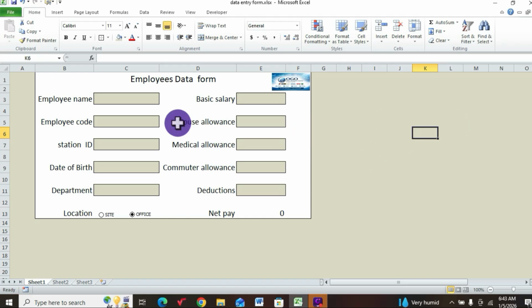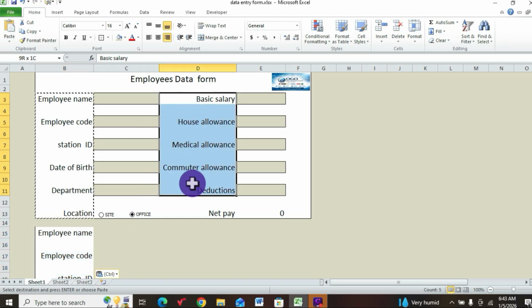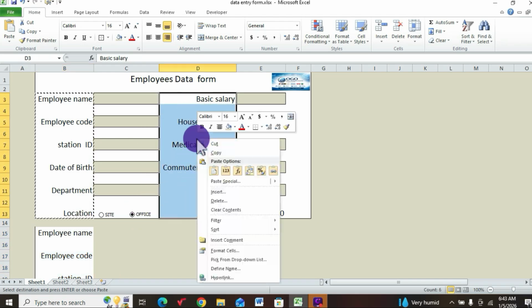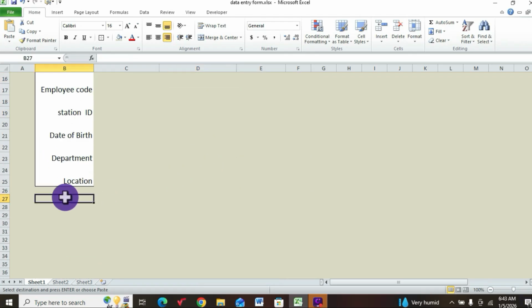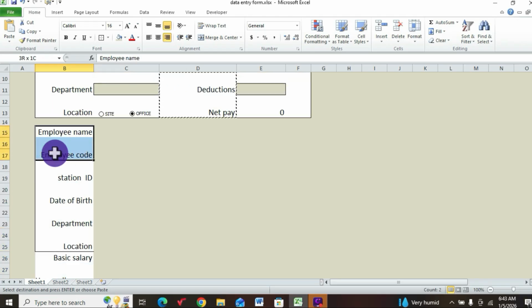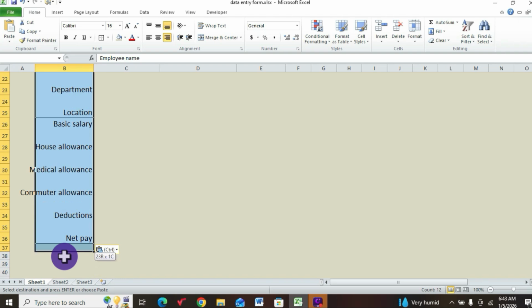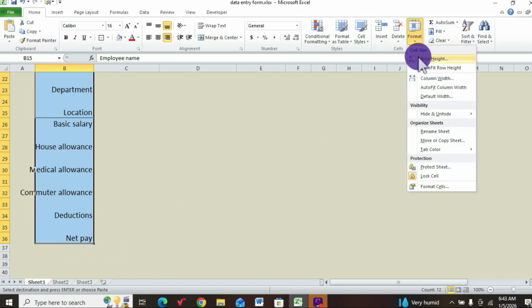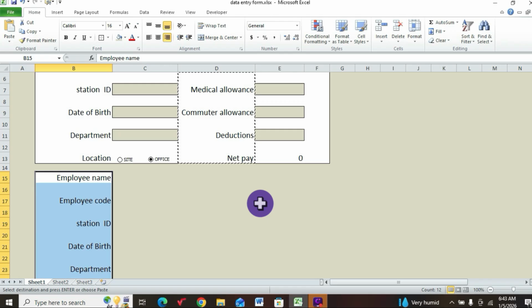Then you select the cell that contain the labels, like that. Control copy. Then you paste all the cells. Control, you right click, you copy, and then you paste below like that. And then you can select all like that, and then you go to format, auto fit the width. After you have done the autofit,